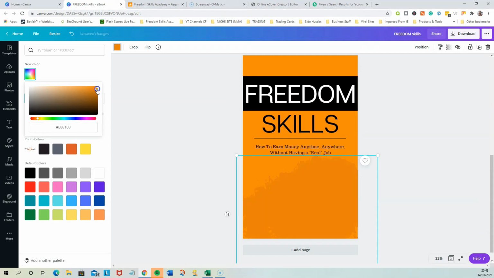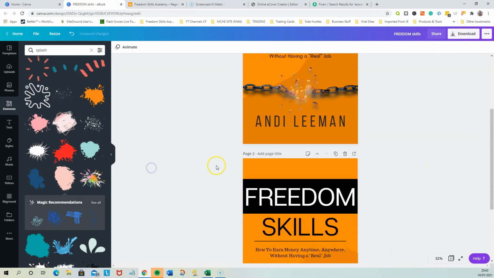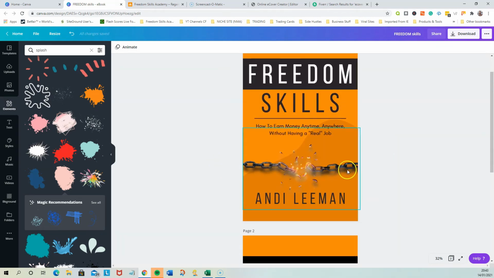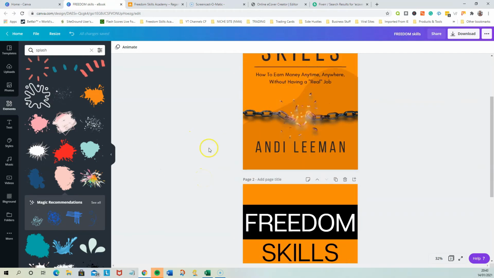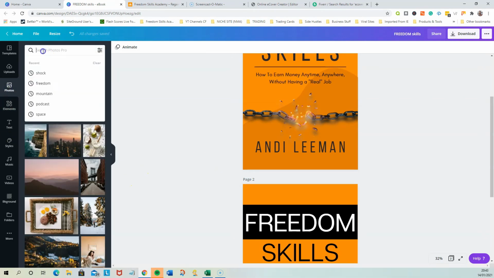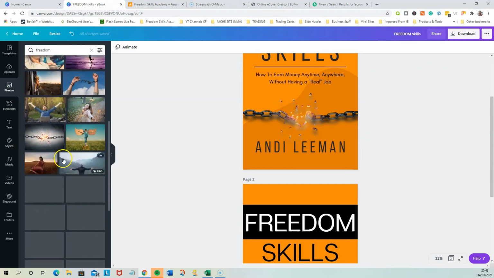There we go. We'll just make it a bit lighter. Okay, so that looks fine. And then I put this chain, and if you look behind it, there's a shadow. Now, obviously, you can do this. You don't have to. You can use any image you want, but I'll just show you how we've done that shadow. So, if you go into photos, and then I searched for the word freedom, and then I found